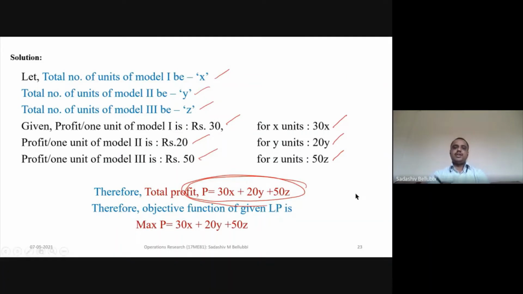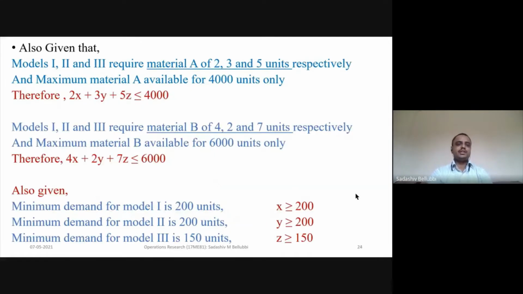Okay, next, we need to write the constraints. Subject to the constraints, which are all the constraints? The problem itself says that models number 1, 2, 3 require material A of 2 units, 3 units, and 5 units respectively. So for that, we need to write 2x plus 3y plus 5z should be less than or equal